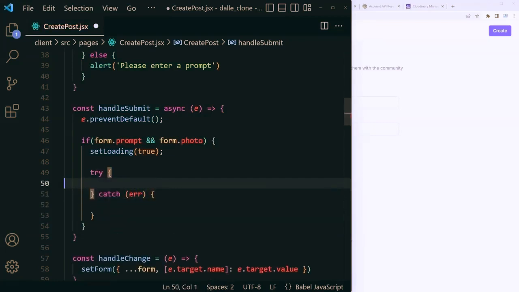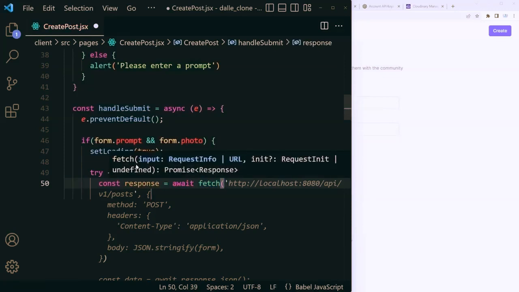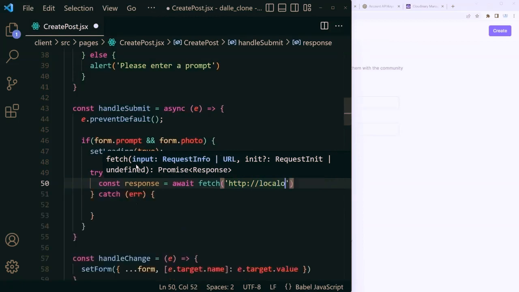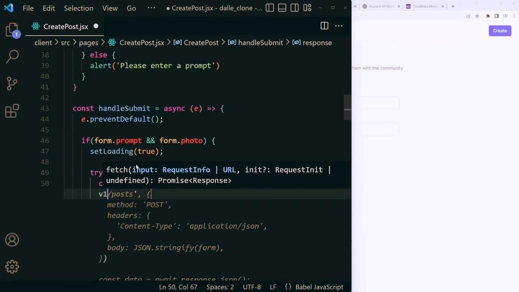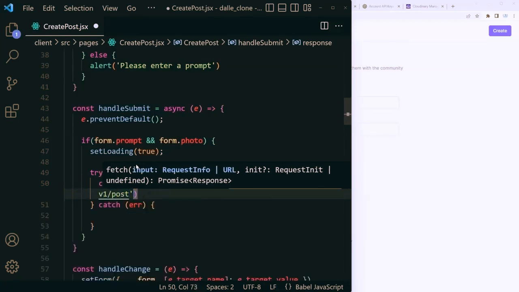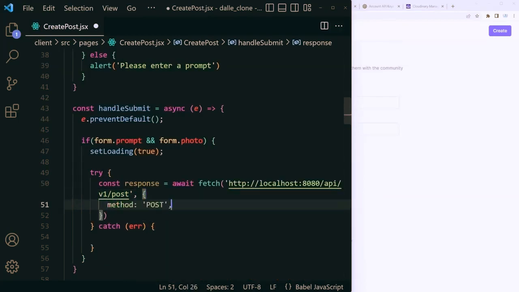And then in the catch, we can start with the data fetching. And then in the try, we can call our post image route. We can do that by saying const response is equal to await fetch. We have to pass the URL http://localhost:8080/API/v1/post. Then you want to pass a second parameter, which is an object containing the method equal to post, headers